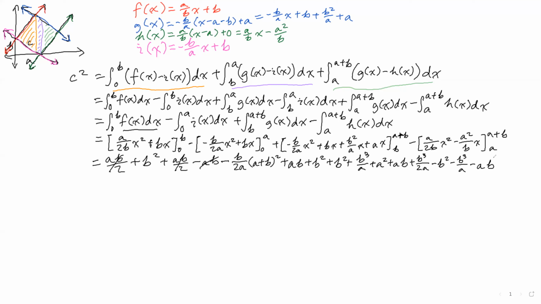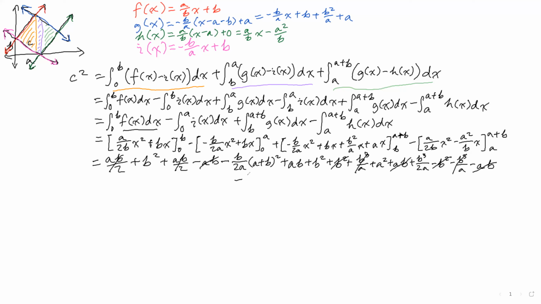Again, we have some stuff canceling out here. There's an ab right here, I'll get rid of that. b cubed over a, I'll get rid of that. b cubed over 2a. We can get rid of this b squared like that. And I'll just leave it like that for now and go on with the last integral, which was